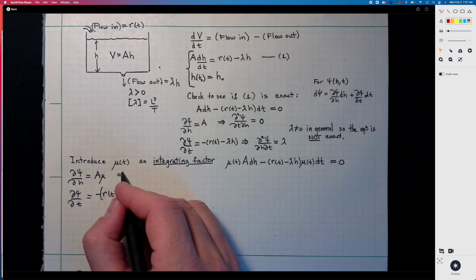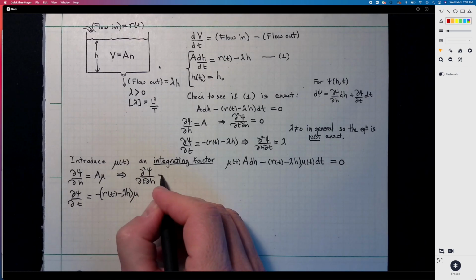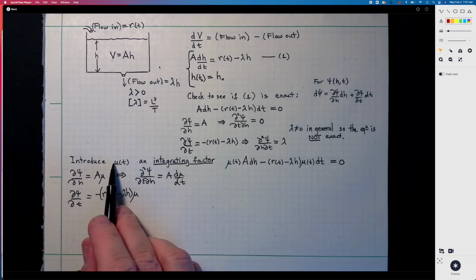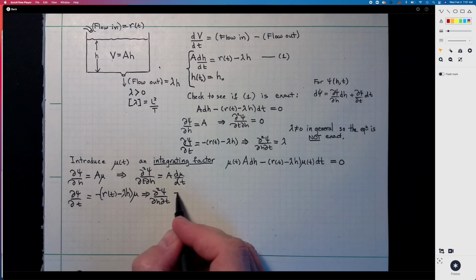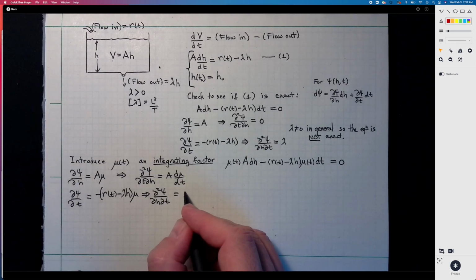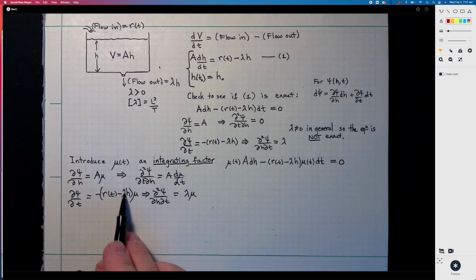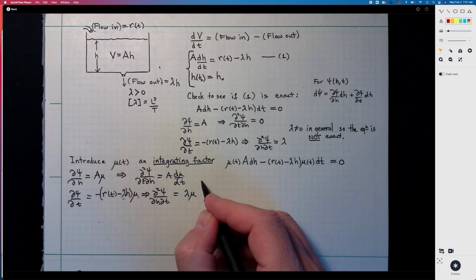So what I get is d2 psi dt dh is equal to a times d mu dt. Remember, mu is a function of time. And from this one, I get d2 psi dh dt is equal to lambda mu, right? Minus makes it a plus. Lambda h mu, partial with respect to h, we'll get rid of the h, and I'll just get plus lambda mu. And now if the equation is going to be exact, this has to be equal to that. So for exactness,